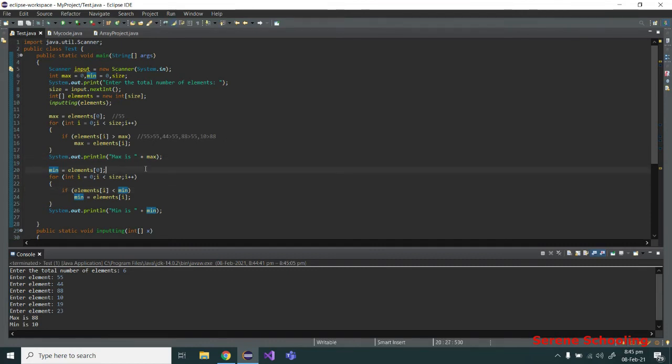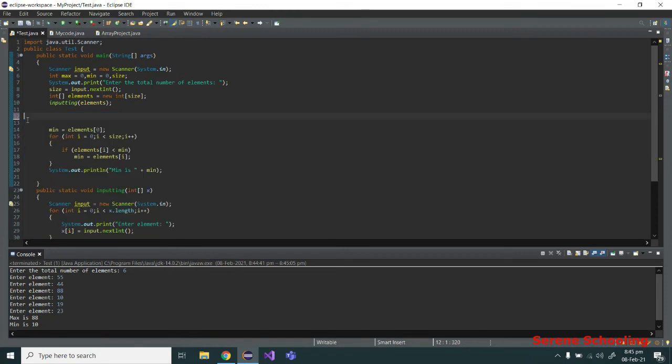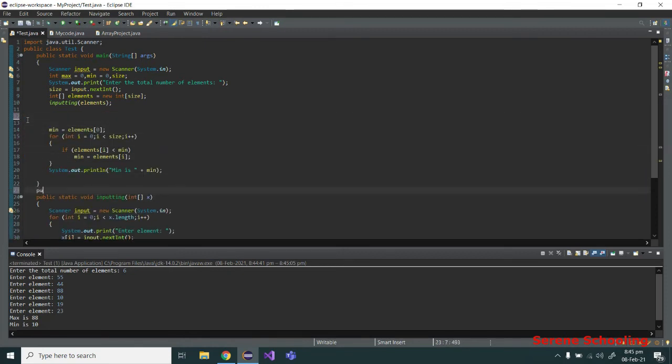And one more thing we can do. Our program is perfect, it works perfectly, our logic is accurate, but we can beautify it more, we can make it more efficient. Instead of writing this code, we can enclose this piece of code into a function. So let's remove the code from here, and let's create a new function which finds and returns the